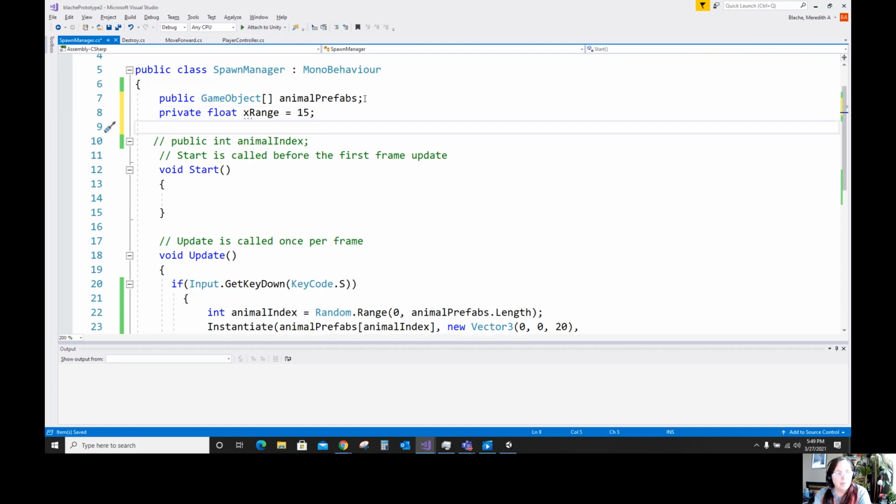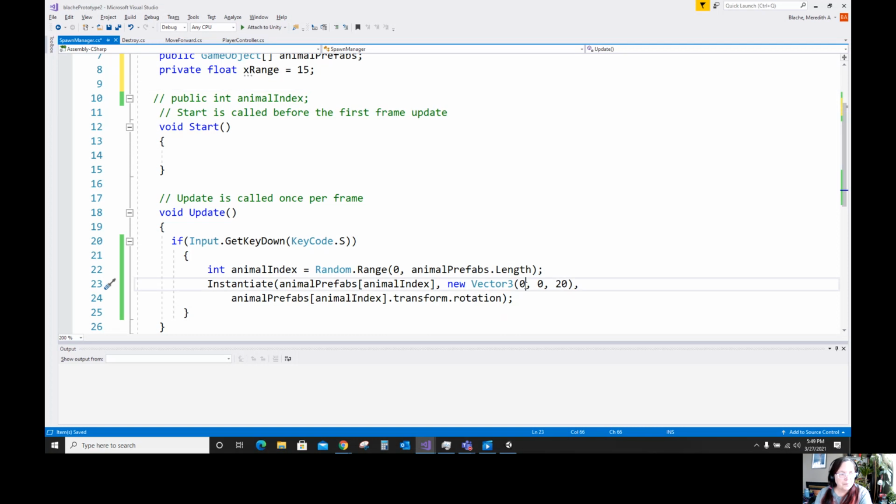And then, let's go ahead and say that in here, where this X is, I want to put in a random range. So just this X right here. So remember it's X, Y, and a Z. This is the X, and this is a Y, and that's a Z. Let's just go ahead and put the Z in there. We're going to change that in just a minute. And we know that our X is 0, right? We want this to be our X. So our X is going to be a random